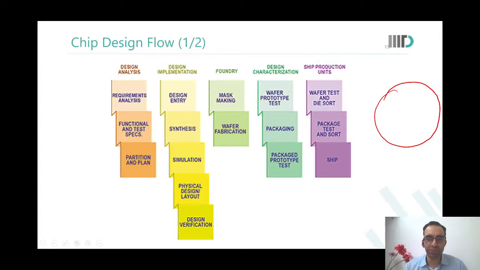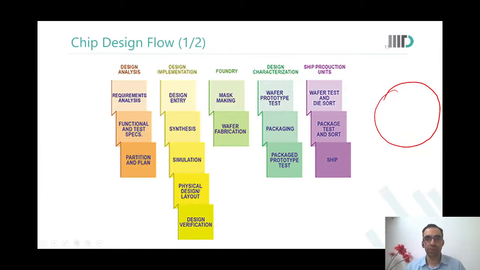Okay. So in the wafer prototype test, are we just cutting each and every die and then testing it separately, whether the dies are working or not, or are we just testing a part of that wafer? In a wafer prototype test, you just keep the entire wafer there. You bring probes and you put them on every die one by one, and you test it. Now, suppose you see that there is this entire row which is not working. You will not cut the dies of that row into independent pieces. You will just discard the entire row when you are cutting the wafer.